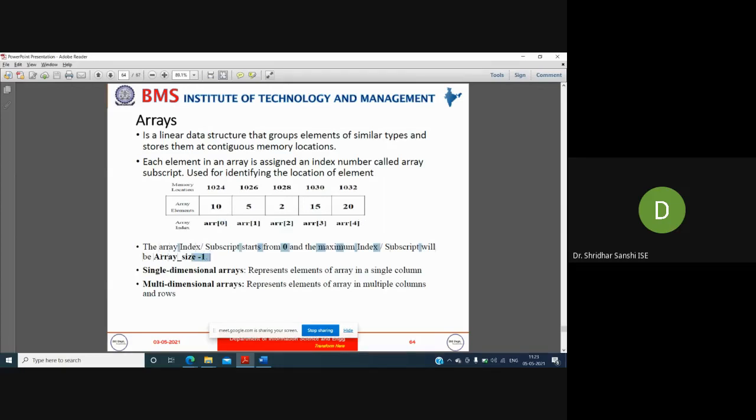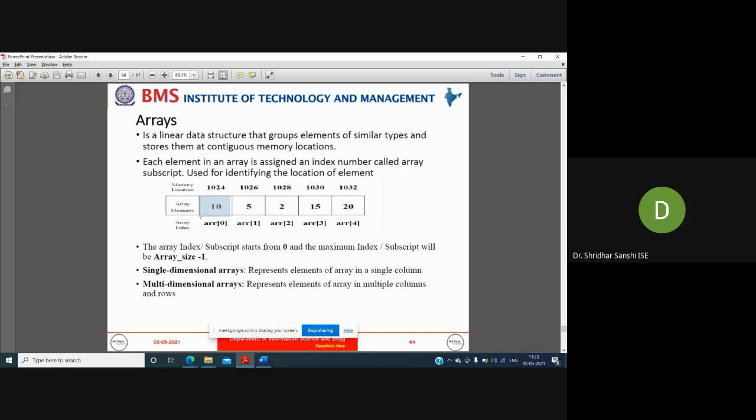If I declare an array of 5 elements, the last index value will be array size -1, that is 4 in this example. If you declare an array of size 20, what is the range of index? 0 to 19, that is, size -1.